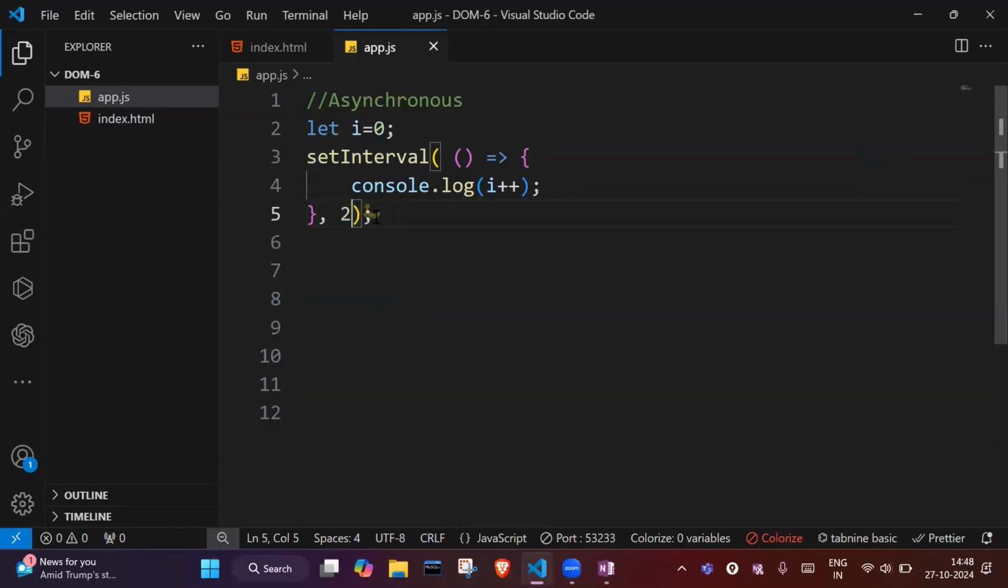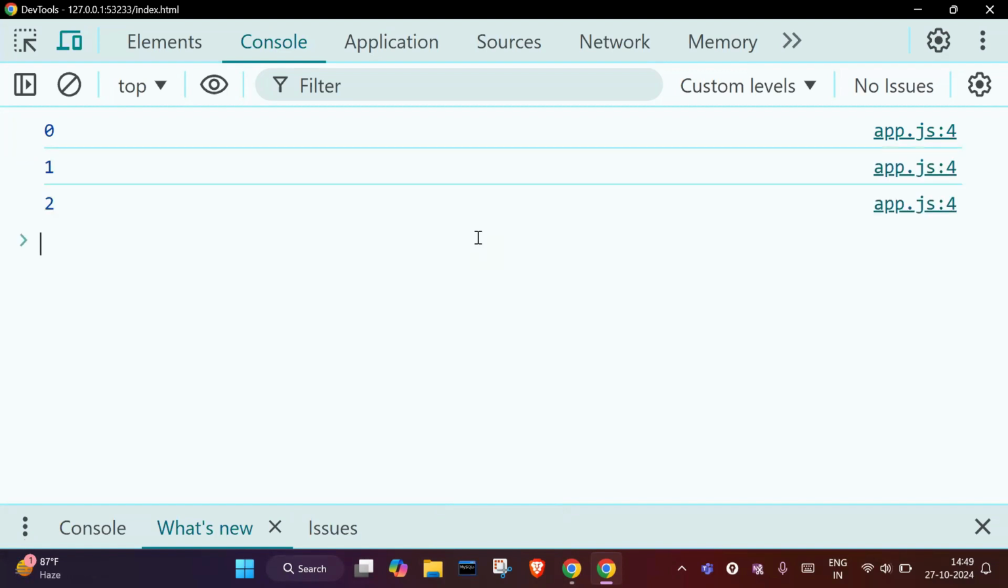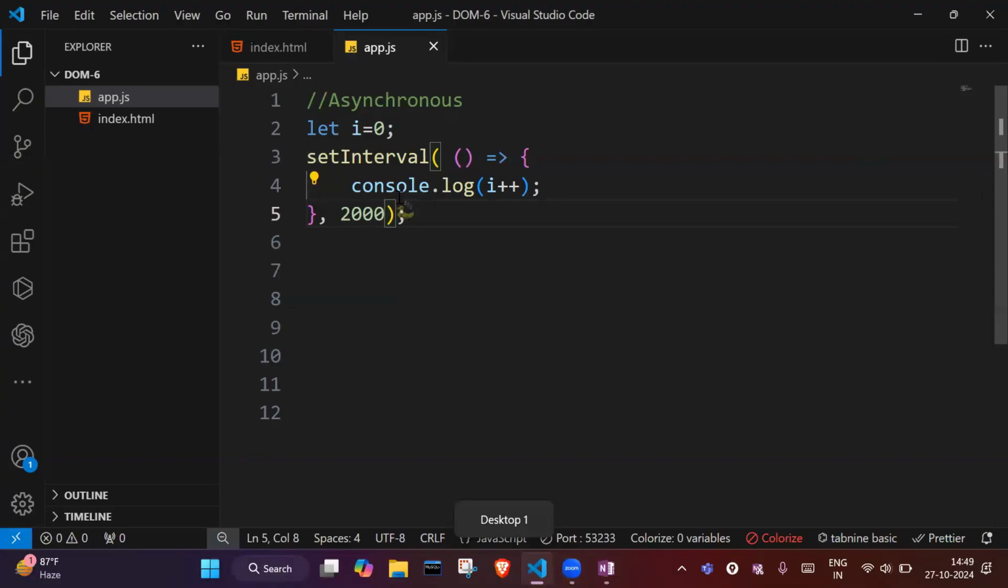If I write here 2000, it means after 2 seconds it will print. After each 2 seconds it will print. Right? So it is printing like this. Suppose I write here 1 second only, 1 second means 1000. And what I will do here,